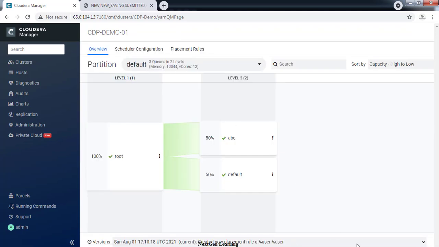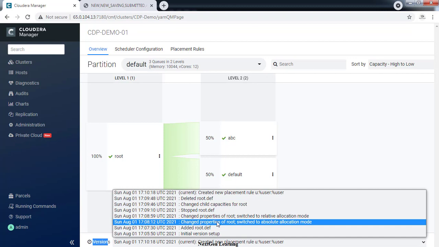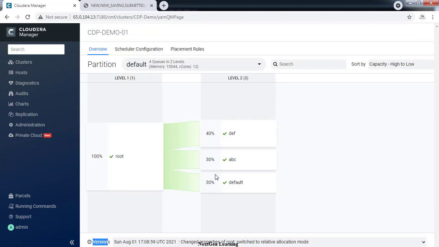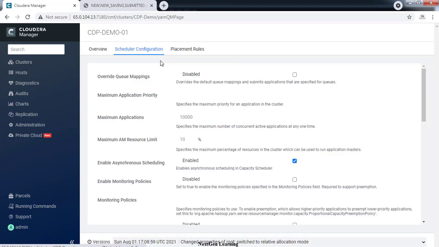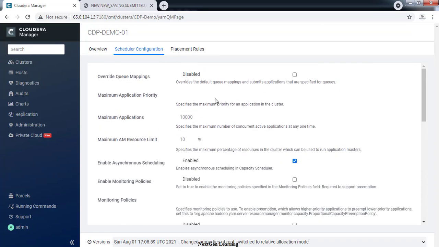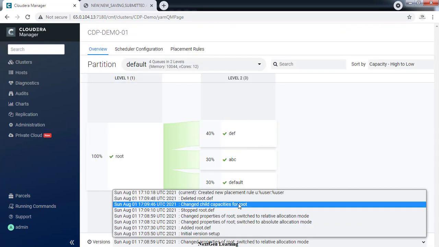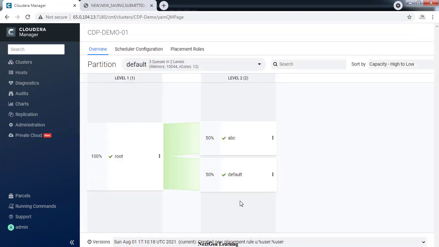And again, back to the overview page, you can see there is an option called versions. This version keeps track of all the changes that we have made so far, but only in a read-only mode you can see that. Okay, here you can see at that time, this was the queue status and 100% and 40, 30 something. And scheduler configuration also we will take later. So now just understand in the overview page, with the current version only we have the edit option. All other versions are just read only.